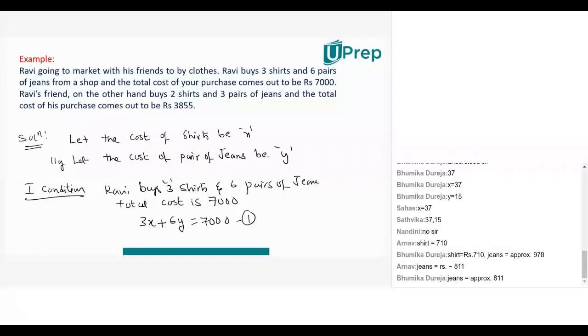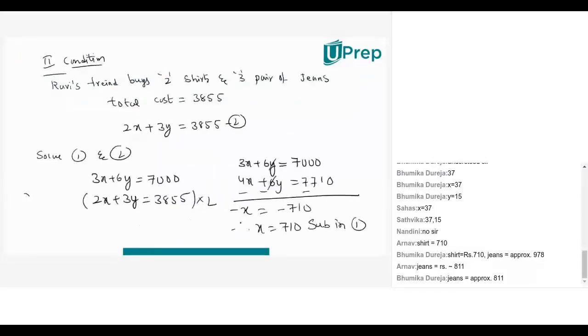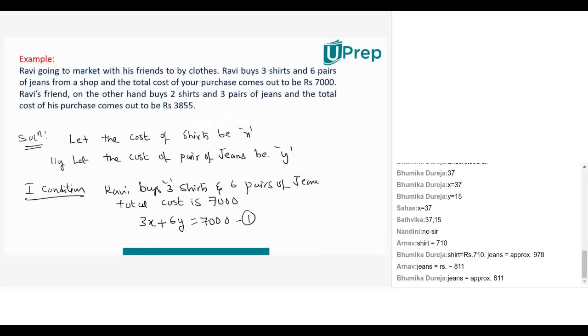You have 2 methods. One is called the elimination method, where you equate the coefficients, then subtract or add, eliminating one of the variables to get the value of the other variable. The other is the substitution method. In the substitution method, we directly represent one variable in terms of the other and solve the equations to get the values of the variables. Is this clear? So it's a simple question. I'm sure you've already done it. Shall we move ahead? Shall we go for the next question?